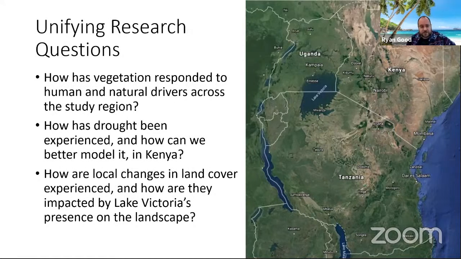So broadly for my dissertation, I have a few unifying research questions that have relevance to all of the smaller studies in each chapter. This research specifically tries to address three central challenges. The response of complex landscapes at a multinational scale to both human and natural drivers of vegetation cover and change, a more focused look at a specific case of Kenya and the importance of the driver of drought within this